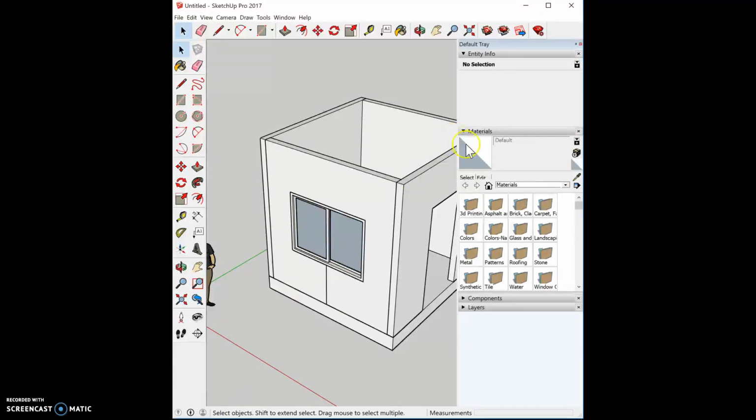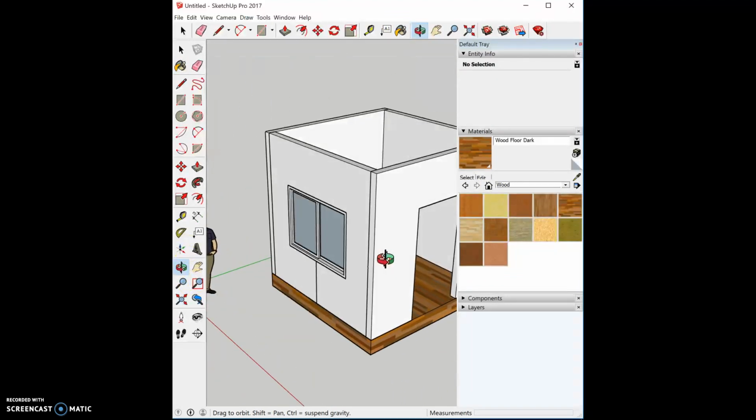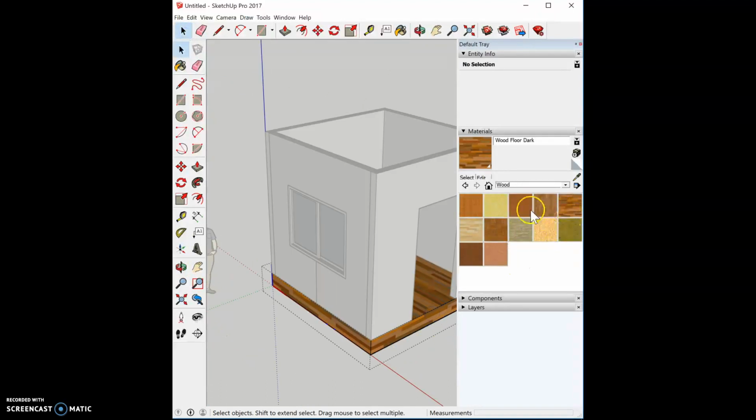Is paint our walls. So I'm going to go to materials, and there's a whole like drop down of different materials. So I might do like a wood, and I can click on a material. That brings me automatically into my paint bucket tool, and I could like paint my floor to be a wood material. If I didn't want the whole floor to be wood, like the sides, because that looks a little funky, I can double click onto my floor, and I can make the sides maybe like the stone, because I'm going to make